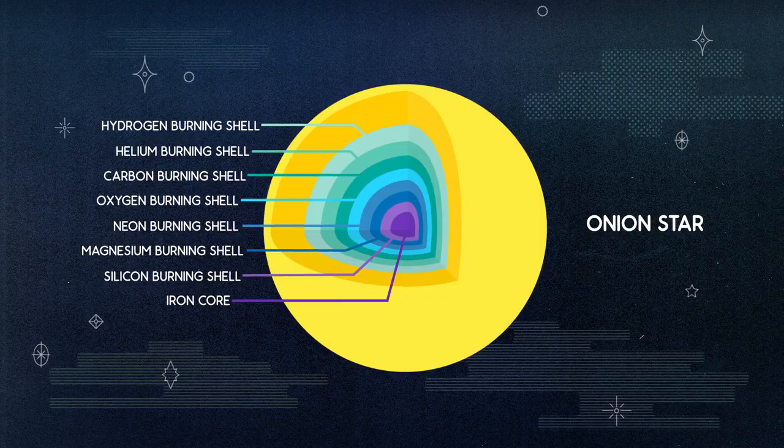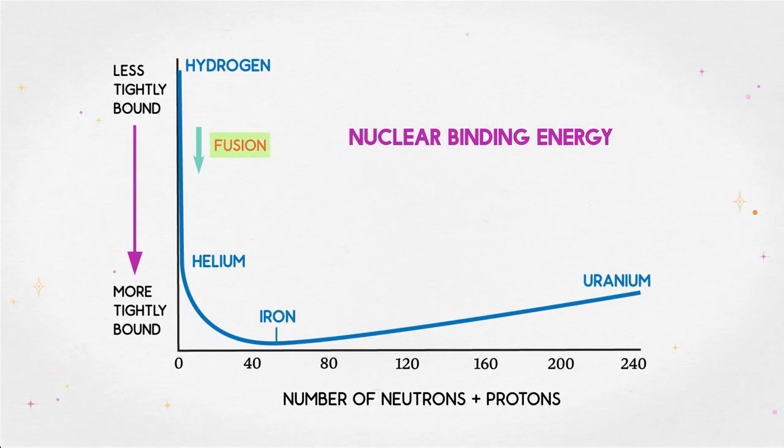Okay, but it all stops with iron. When learning about fusion and fission, we discovered that the most tightly bound atom is iron, and that no more energy can be gained by either breaking iron apart or by smashing two iron nuclei together. As a result, there is no fuel left for the star to burn through. Fusion in the core must stop, and the star will die. We will explore more of the death of stars in the next two videos. Meanwhile,